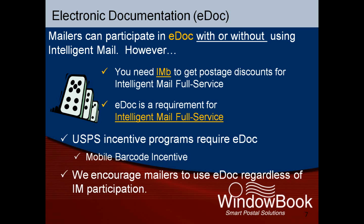Of equal importance, the Postal Service is now making eDoc a requirement of many of the incentive programs that are available to mailers. A recent example of this was the mobile barcode incentive that was available in 2011. And this involved a 3% discount off of postage for mail pieces that contained mobile barcodes. This incentive is being repeated again in 2012, this time with a 2% discount, and of course, again, will require eDoc. Now, this is a sign that this will likely be the case for most, if not all, future incentive programs from the Postal Service. So, we encourage all mailers to use eDoc, regardless